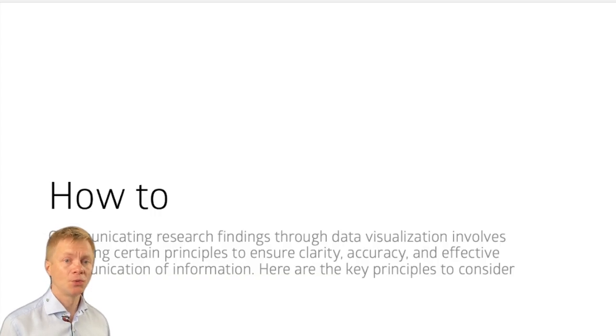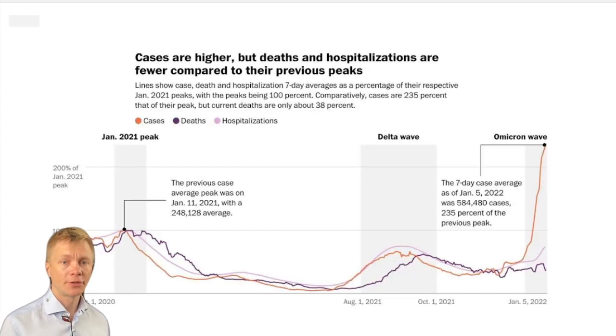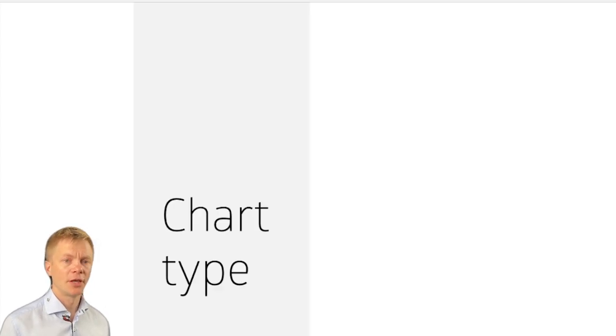So how to do that? How to make your visualization better? And as the basics to start with, let's see a good example. This is a good example of a chart which demonstrates some statistics about COVID. And what is good here? It is nice to look at this picture. It is aesthetically pleasant to look at. There are labels. There are different colors. It is a story in itself. So how to achieve that? And to start with,